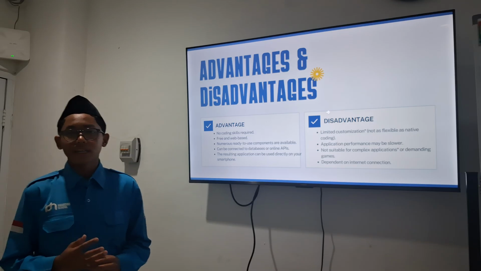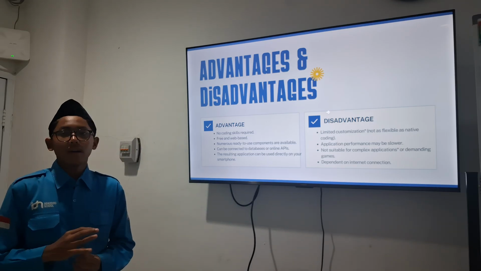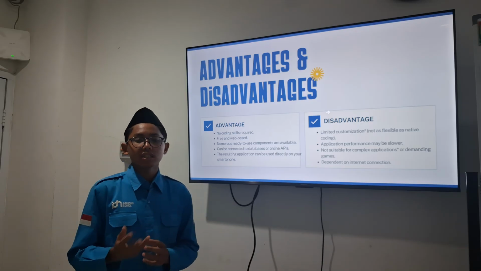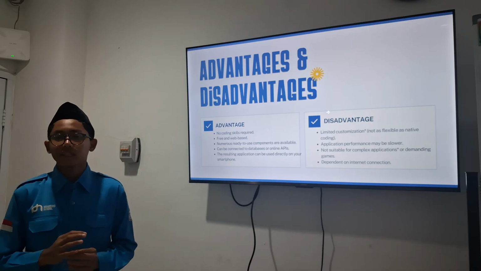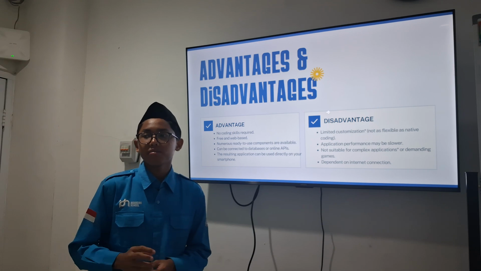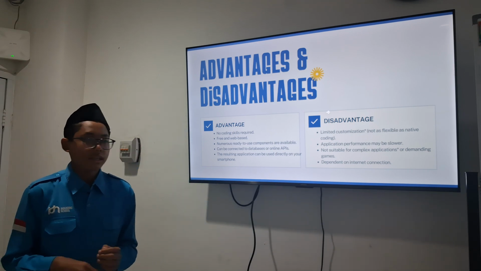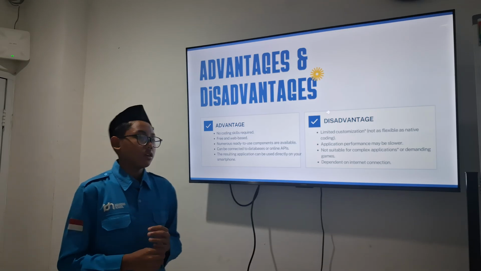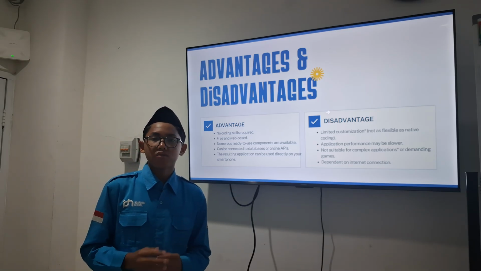So Codler has some advantages and disadvantages. The advantages are no coding skills required, because it uses MIT Inventor-style drag and drop and you just need logic, and it's free and web based, so we don't have to download it.